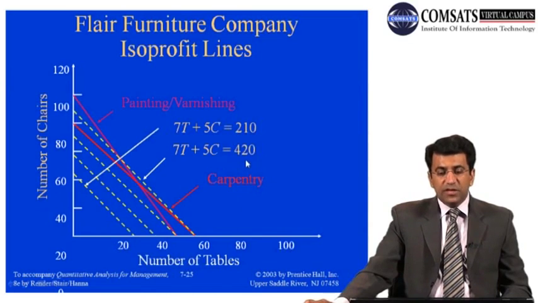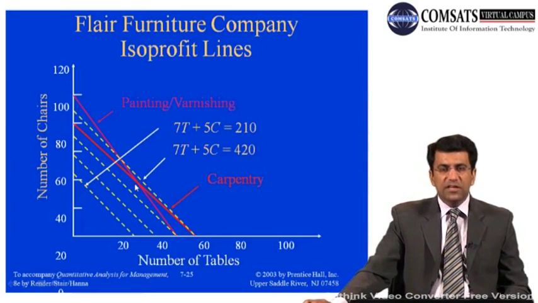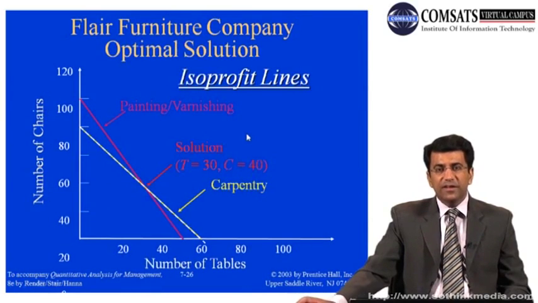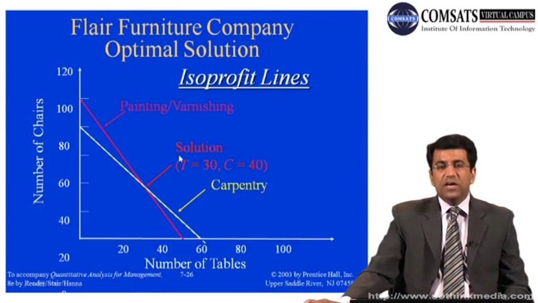This is again the next hypothetical value, and we will get the next profit line. We will go on drawing this profit line away from the origin until that particular profit line touches the corner point of the feasible region. So this is our optimal point actually in this case. So this method we just introduced in the very first example we did about linear programming, that was the iso-profit lines. So again I repeated that concept here about the iso-profit line.